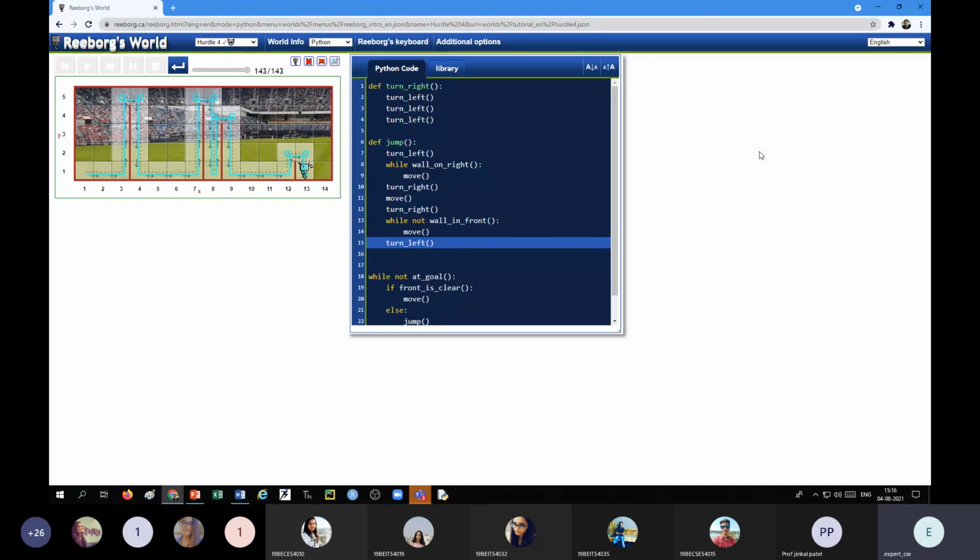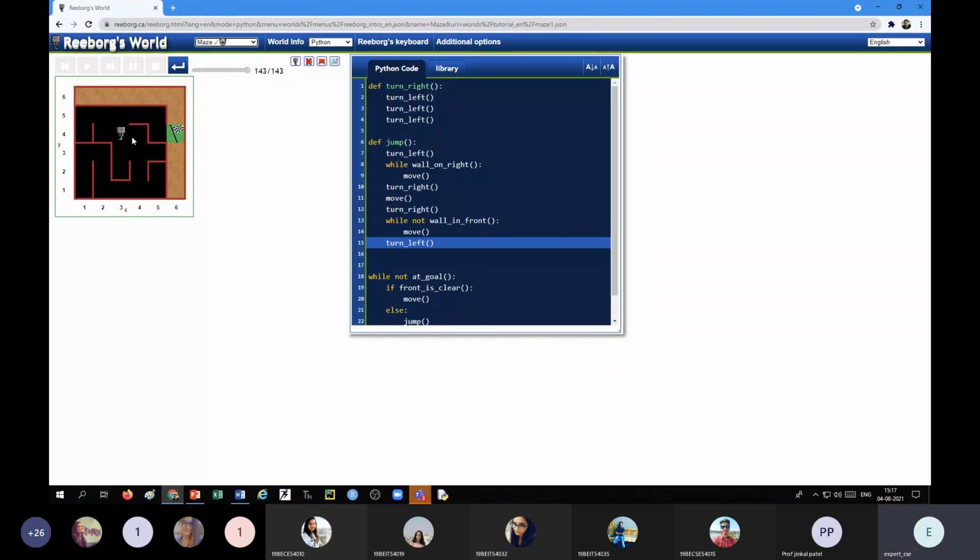Now we are going to create a program for our final game, which is known as maze. Our robot will be at any position, and we have to reach the flag. We don't know the direction, but there are certain rules that you should follow: prefer the right move first.